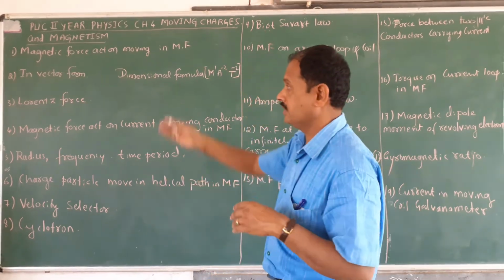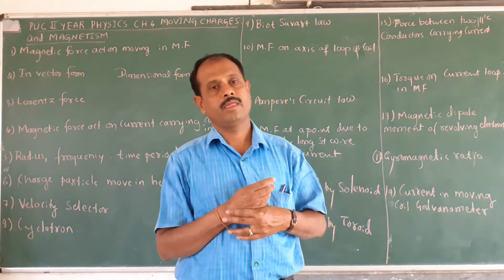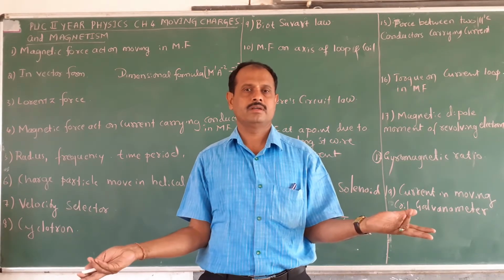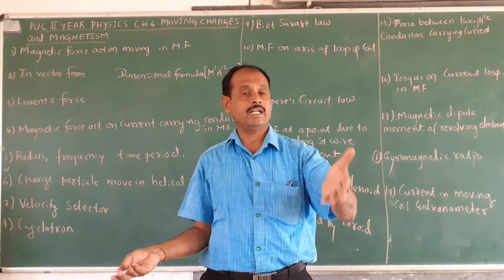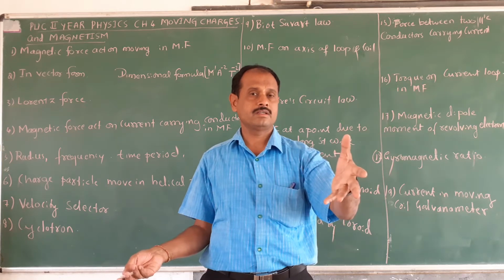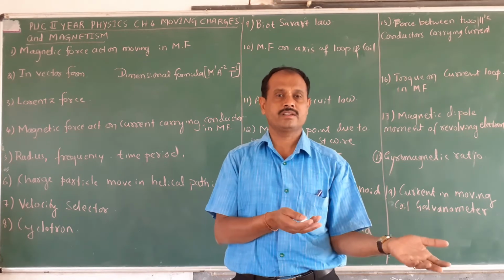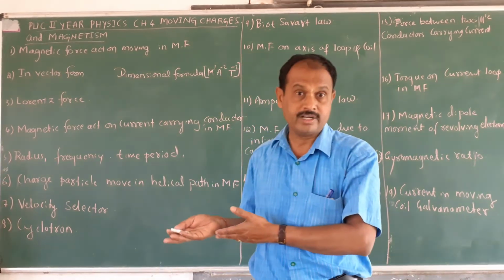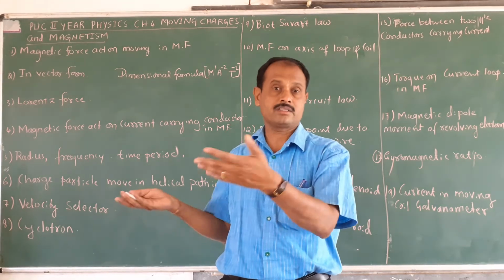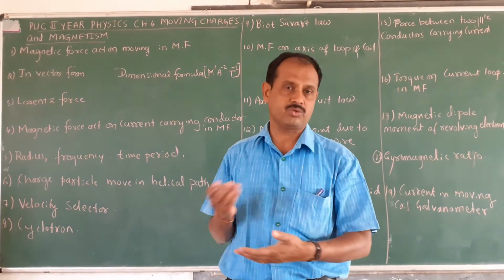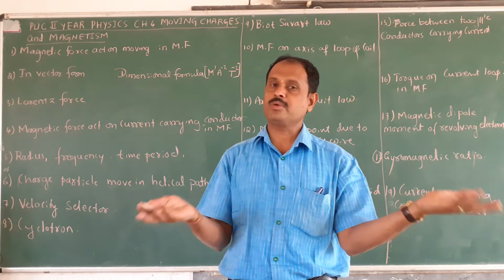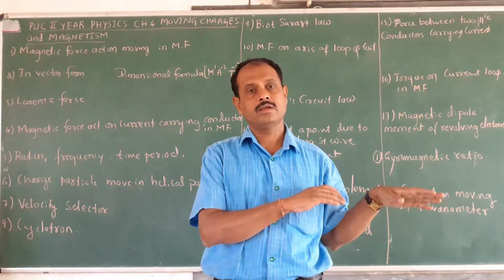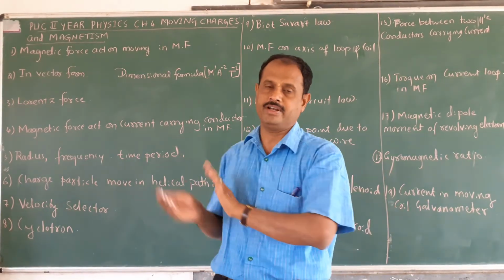You should know the concept of electric field and magnetic field, electrostatics and magnetism, then only you get the idea about these formulas. Electric field is a vector, magnetic field is also a vector. Now electric field at a point due to different charges is equal to the vector sum of the electric fields due to the different charges. Similarly, the magnetic field at a point is equal to the vector sum of the magnetic fields by the different sources. This is said to be the superposition principle. It is applicable here in electric field and also in magnetic field.